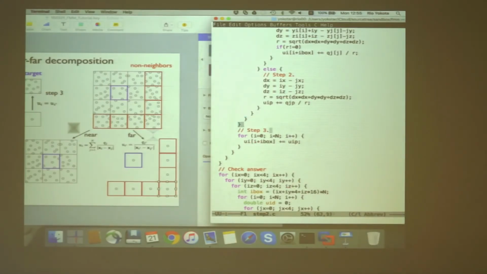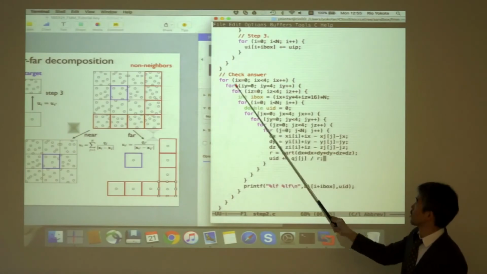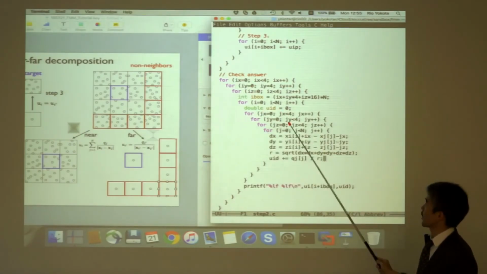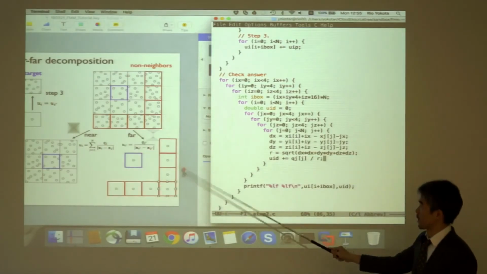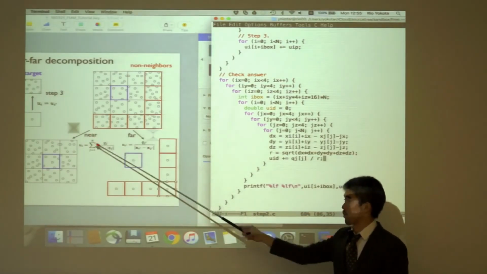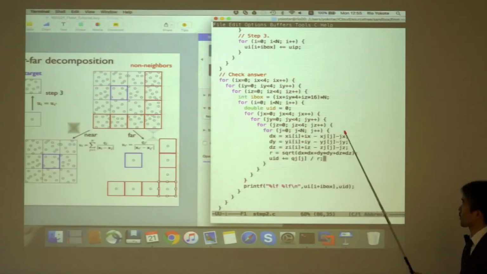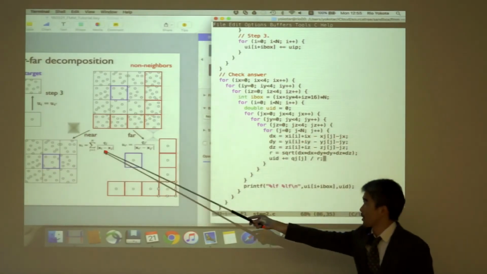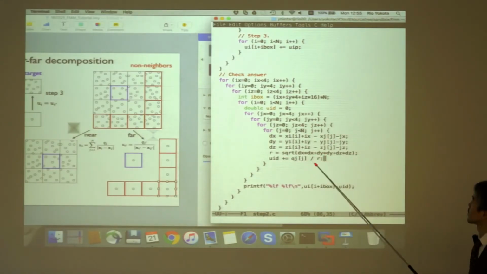And now, for checking the answer, it's actually doing something similar. So we loop over all the boxes against all the boxes. This time, I assume that everything is near. I just use near for everything, so there are no if statements. And I do the same calculation that I do for the near calculation earlier. And I use this, so